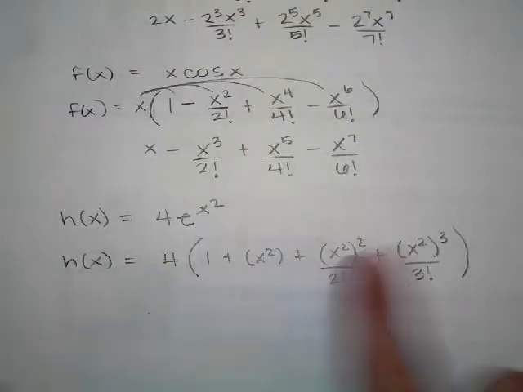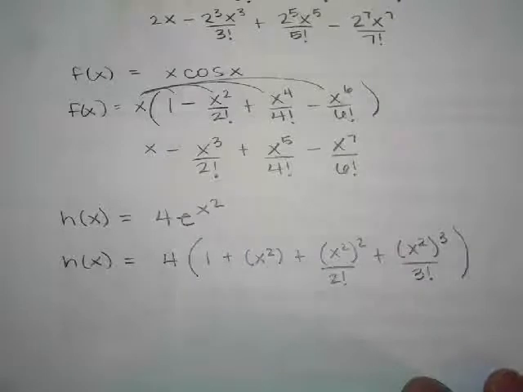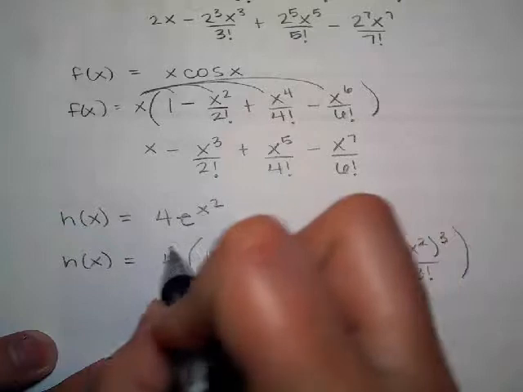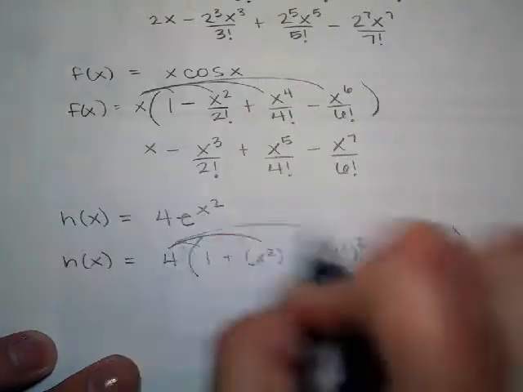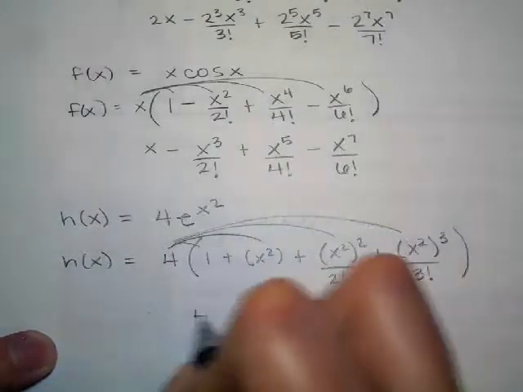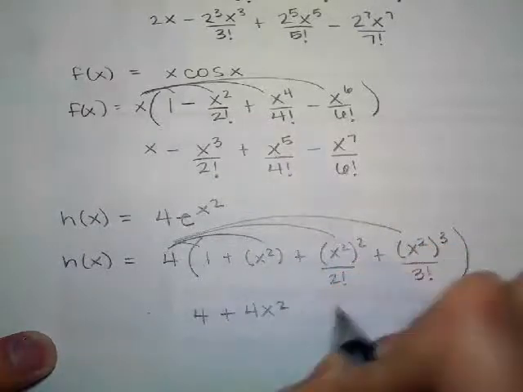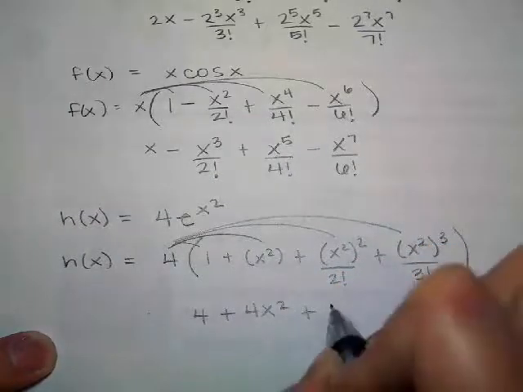Okay. So I am going to distribute the 4s. So I've got 4 plus 4x squared plus 4x to the 4th over 2 factorial plus 4x to the 6th